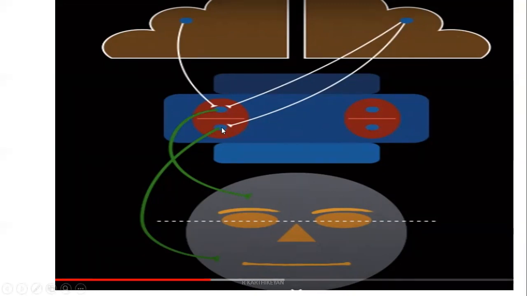And we saw it is going to supply, so with the motor nucleus, there is going to be supplying of what muscles? Your facial muscles, right? So how it is going to supply is, functionally it has been divided. There are going to be some nerve fibers that supply the upper part of the face. So this is the demarcation of your face into your upper part and the lower part. Some nerve fibers supply the upper part of the face, some nerve fibers supply the lower part of the face.